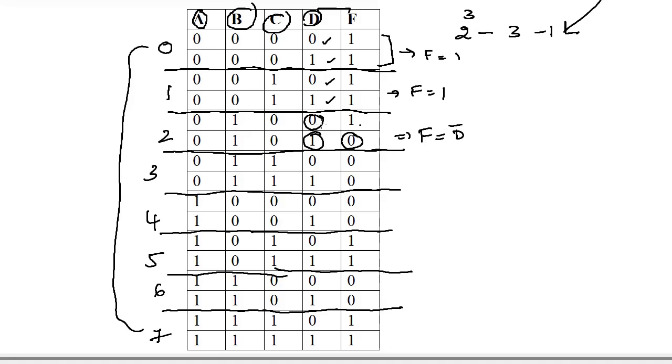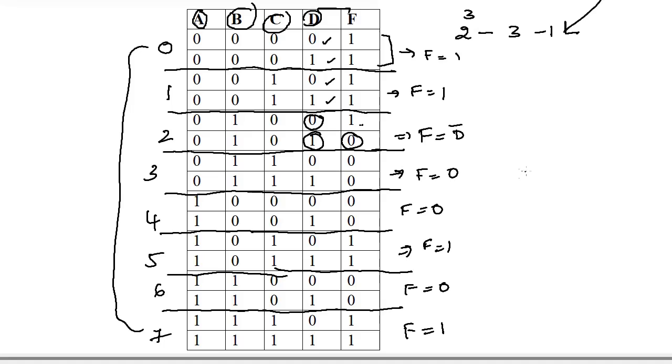So if I give D value as 0, then I get the D bar value as 1, and if D is 1, I get the D bar value as 0. So F equal to D bar. Here I am taking whatever D value I am given, the input value, so that is simply 0. Here also F equal to 0. Here F equal to 1. Here F equal to 0. Here F equal to 1.